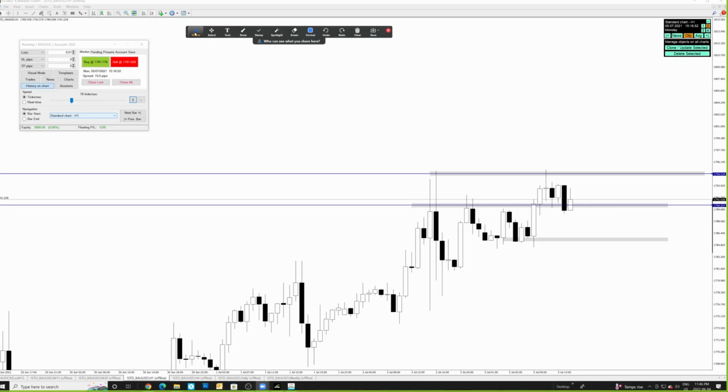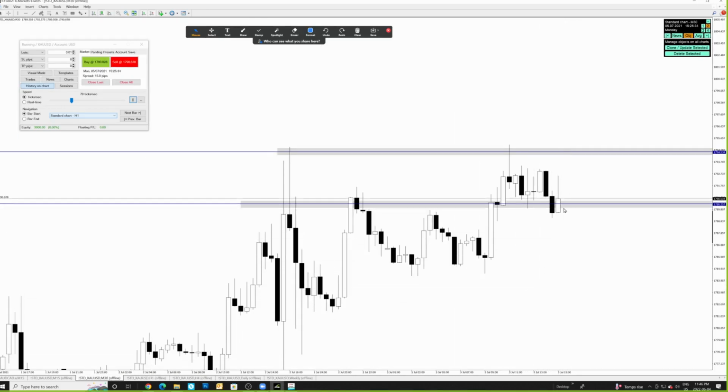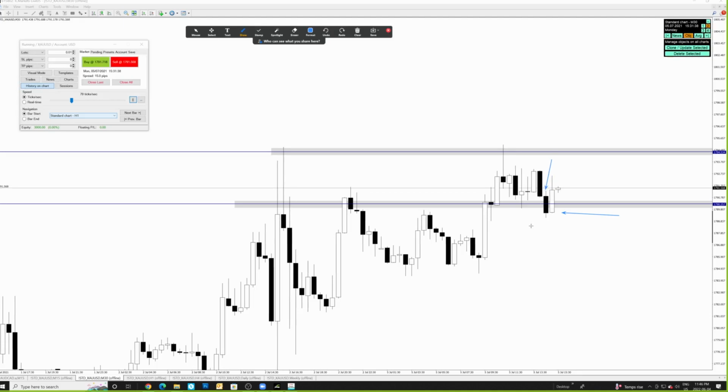If this was, let's say, a high volume time and there was no bank holiday, there was no 4th of July, then I would have been open to take a sell right here, right at candle open, keeping my stops above the previous 30-minute candle, and then anticipate it to go down. Because for price to really break zones and move through strong consolidation areas and through these rejection wicks,